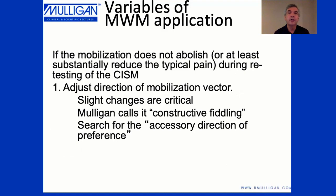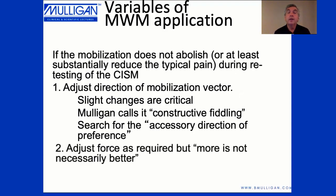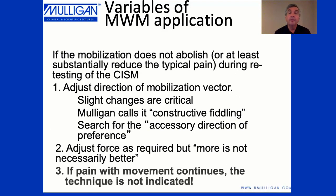So if the mobilization does not abolish or at least substantially reduce the typical pain, that client-specific impairment measure, then we suggest that you might want to adjust the vector. And Brian calls this constructive fiddling. I refer to it as the accessory direction of preference, because that's what it is. It's still an accessory motion, but it's based on the patient's response of their preference with pain abolition. Now, you can still adjust the force, but please, again, more is not always better. But at the end of the day, if pain with function still continues, then again, on that day, it's not